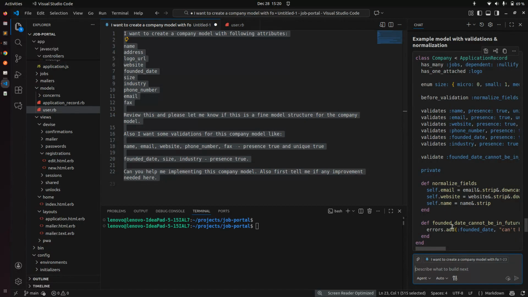Okay, so what we can say to the Copilot is that right now we are not thinking about the active storage, so we can say that I just want to use logo URL, not the active storage. And it is also showing has many jobs, but we do not have the job model implementation right now. So what we can say to the Copilot is that here you can see that I just want